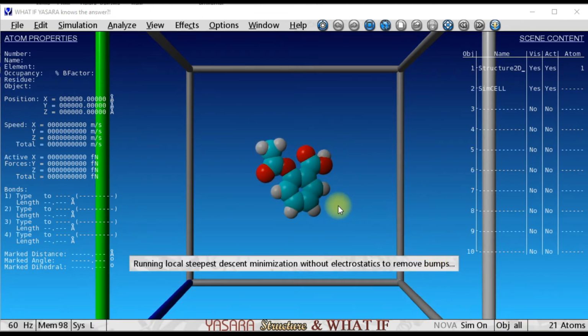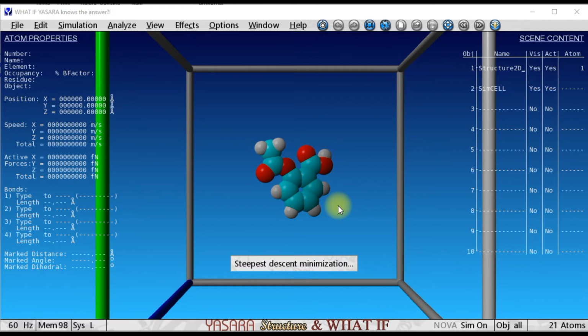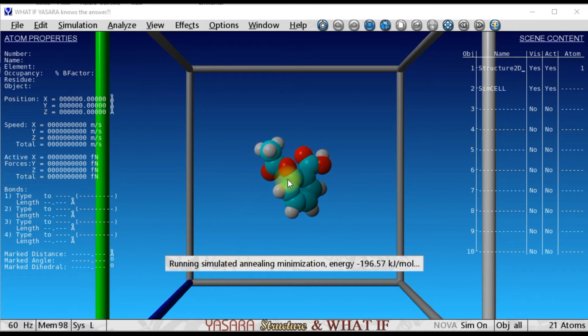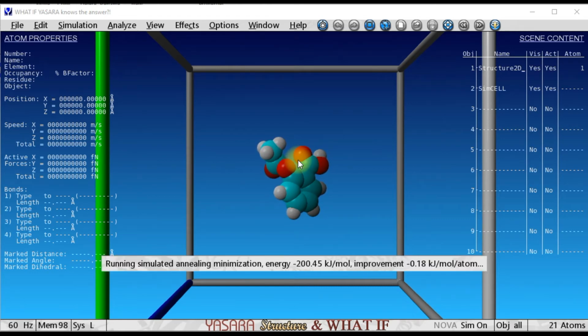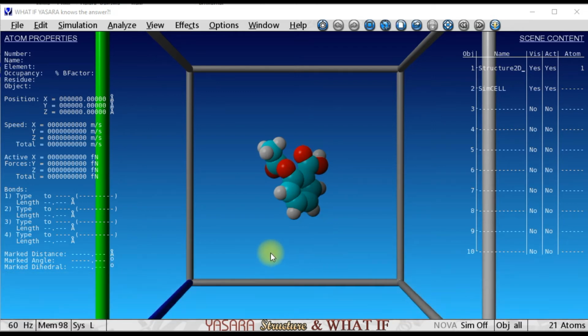So when energy minimization is performed, the compound opens up to its least energy state, thereby allowing a proper binding of the receptor during in silico studies. You can see it getting opened up. Now the molecule has been energy minimized.